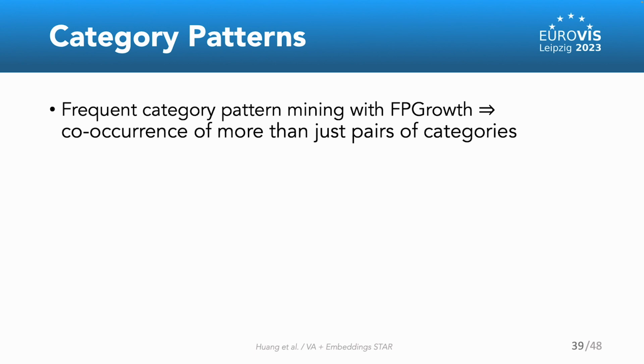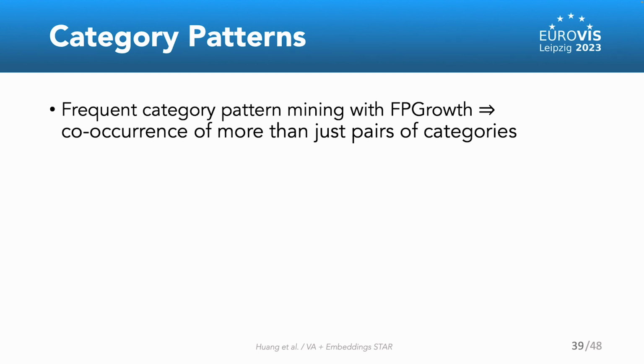While correlation analysis allows us to investigate relationships between pairs of categories, we are interested in patterns involving more than two categories at a time. We have thus applied the frequent pattern mining algorithm FP-Growth to uncover the occurrences of such patterns. According to the results and focusing on largest pattern sizes, we can describe the following profile of a visual analytic